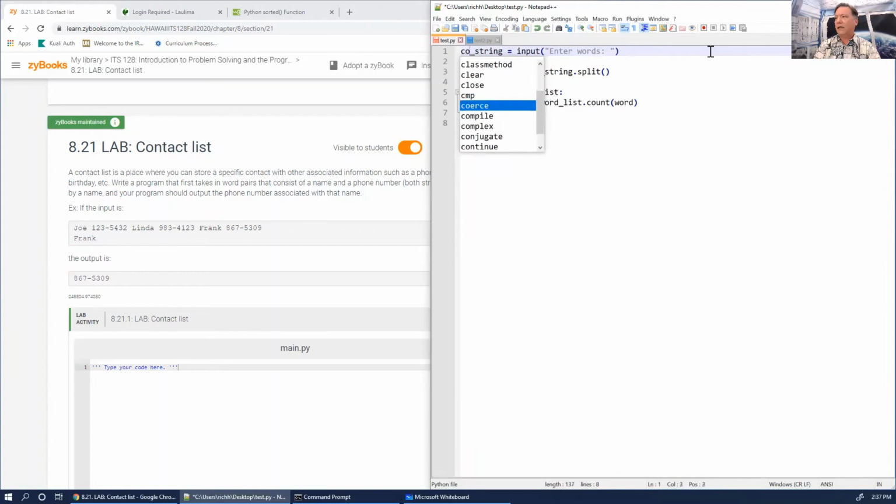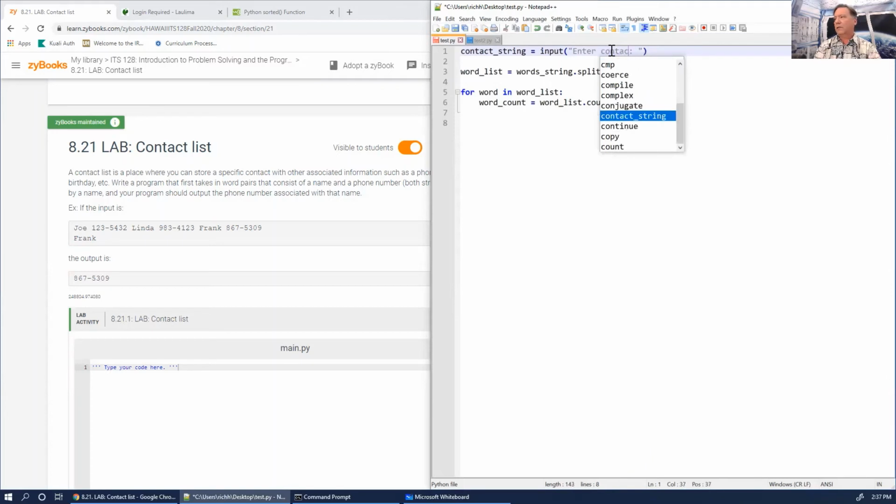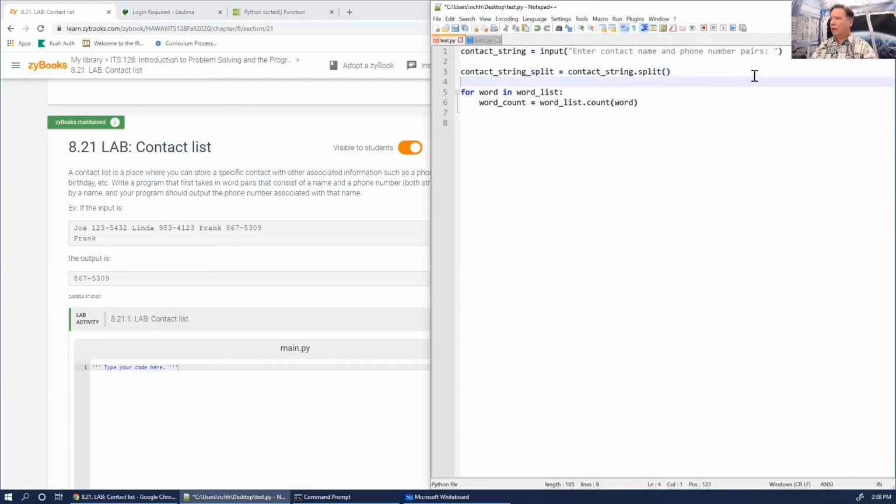This is going to be a contact string, with contact names and phone number pairs. Okay, and this is going to be contact list. No, it's not going to be that, is it? This is going to be contact string. I'm just going to say contact string split, and then I'm going to do